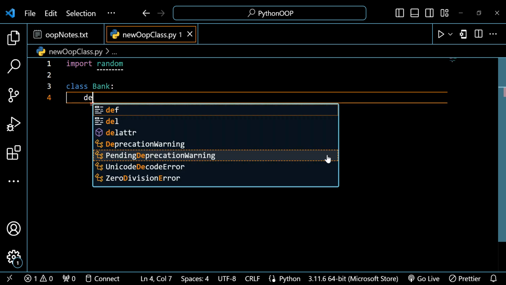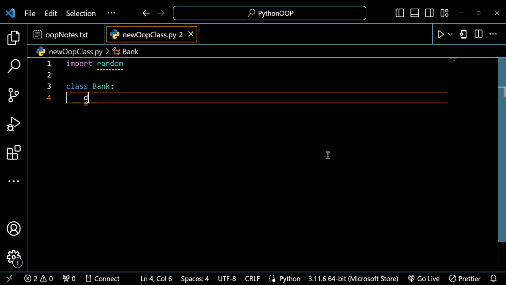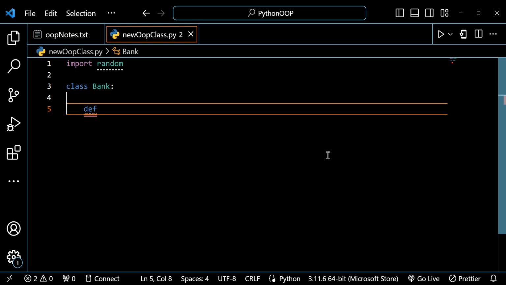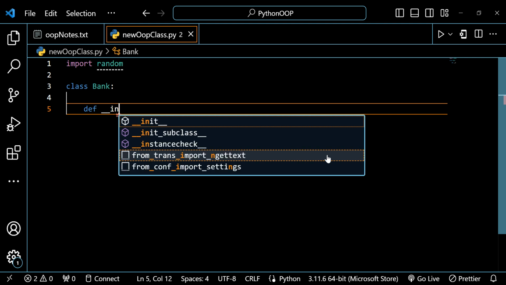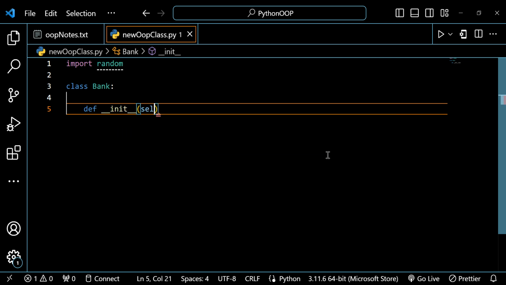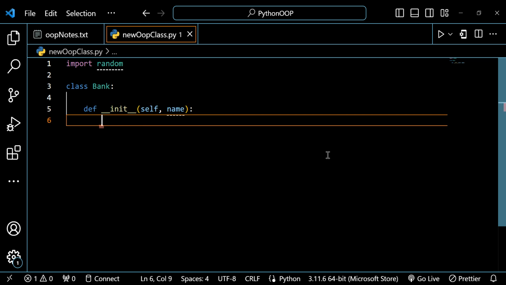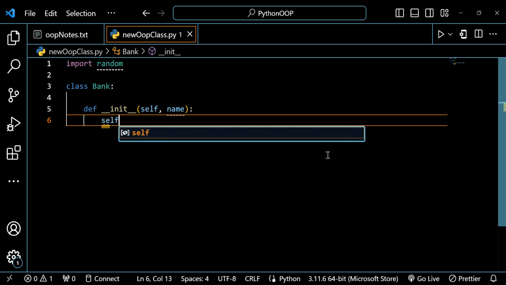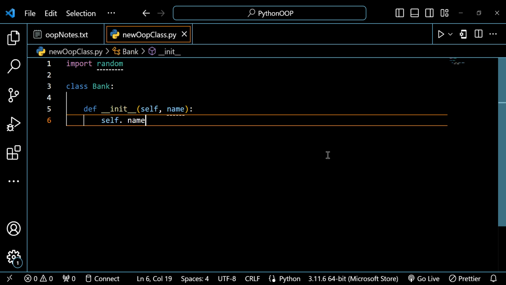So we create a constructor, which is the init method. We've been told what the init method does. So of course the bank should have a name. And what else should a bank have? Let's just go with name, of course. Let's not complicate issues. So self.name,